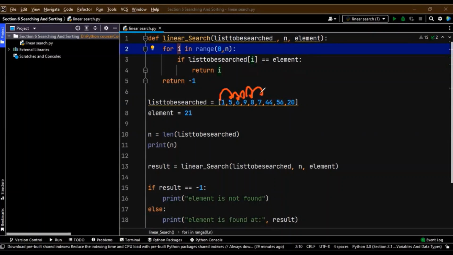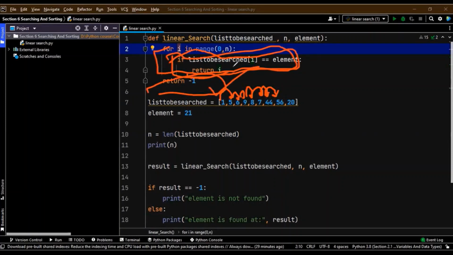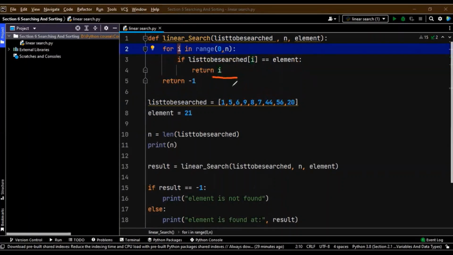As I showed you at the starting of the video, it will keep on moving till it finds the element, and if it doesn't, it will simply come out of this if and the whole thing and return you -1. But if it already returns i, that means the index. i is the index. But if you want me to print that too for your reference,